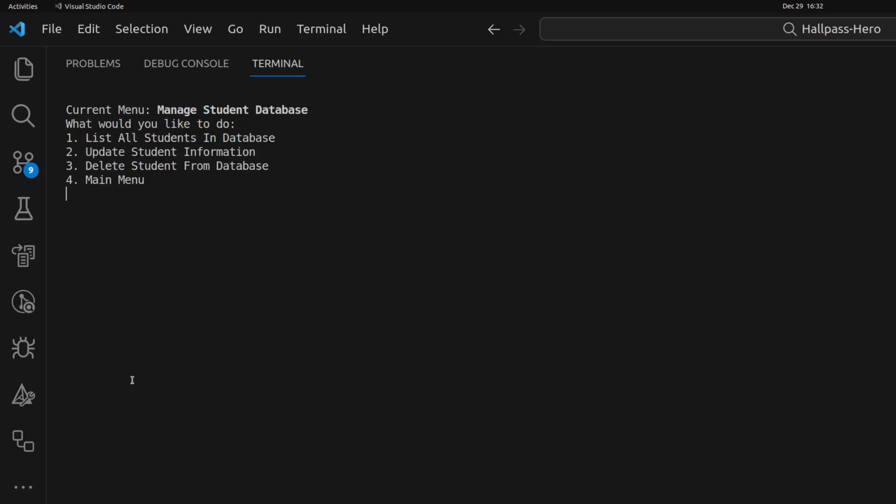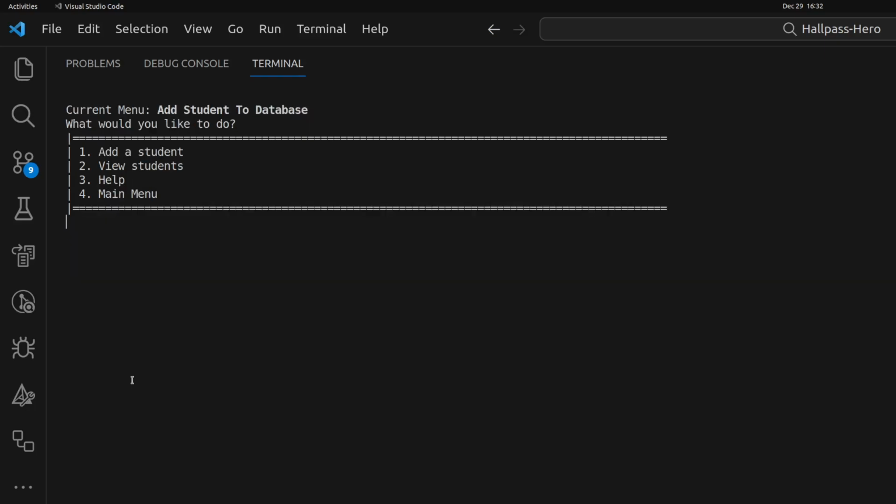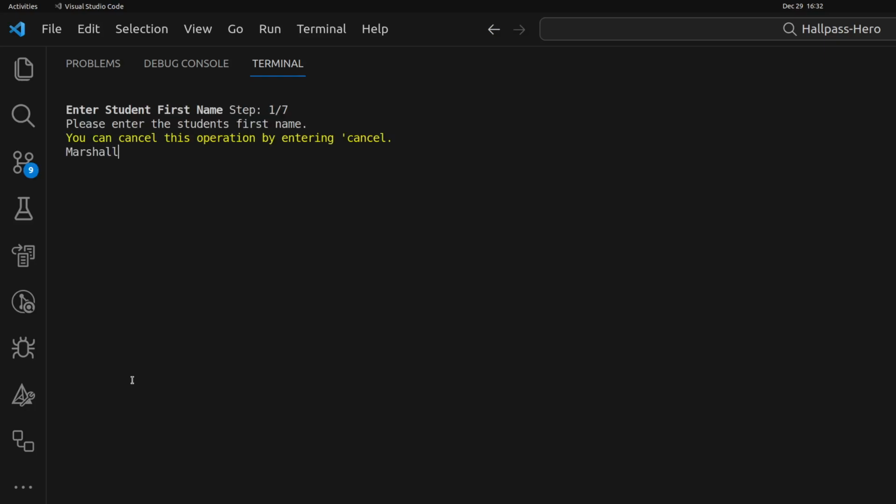Good. So we're actually going to create it. If it doesn't exist, it's created automatically when you try to add a student to that database. Add a student. We're going to use my name for the purposes of this, Marshall. Yep, that's correct. I'm going to do my last name. That's correct. And you can still automatically generate an ID or create your own. Now, for this example, we're going to automatically generate one. So it's going to run through a little process here, generate an ID, and there you go.